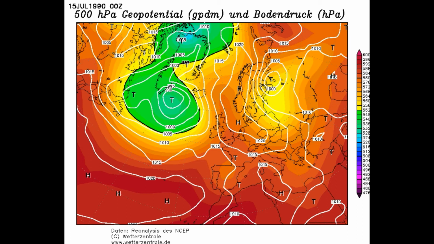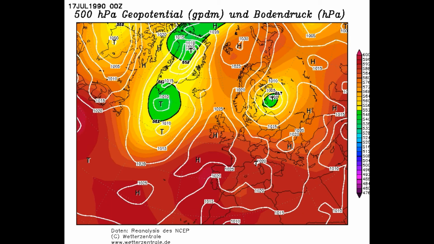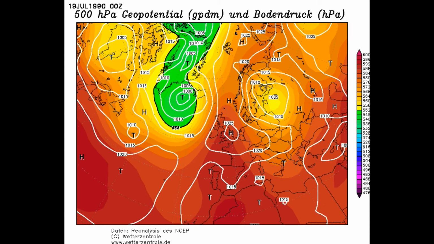And that stays the same into the 16th and the 17th of July. We do bring a bit of a trough through there on the 16th. So that, I'd imagine, probably brought quite a few thunderstorms as that instability interacting with the warmth. Again, through the 17th and into the 18th and the 19th of July, that high pressure now has just sat across the country. So as I said, a complete change to the first half of the summer there.